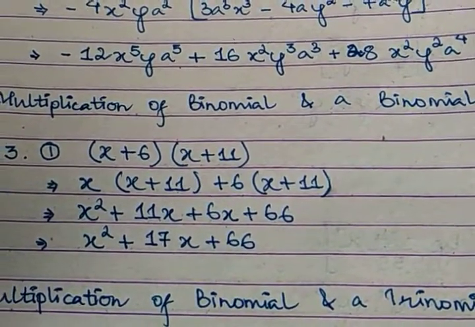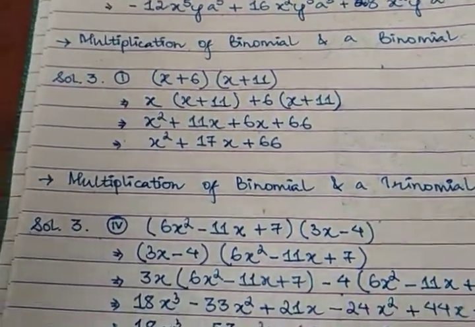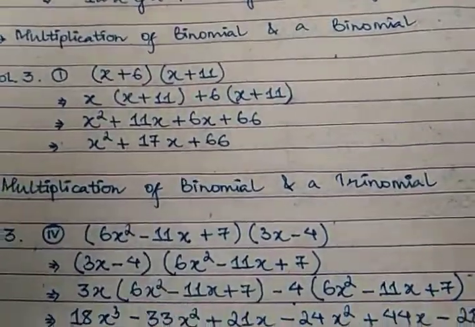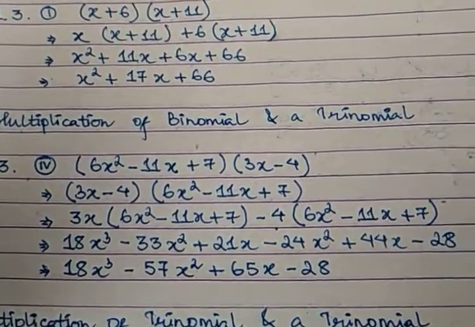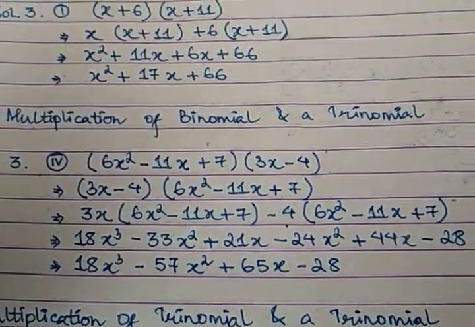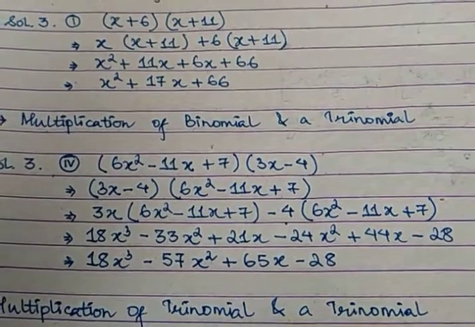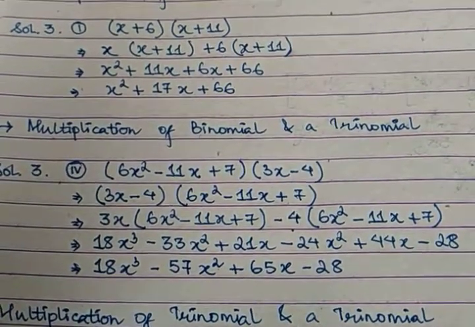Is it understood? Okay, I hope you kids have understood. If you haven't, then you may let me know. Okay, so now multiplication of a binomial and a trinomial again. Now what happens when you multiply a binomial and a trinomial? See,